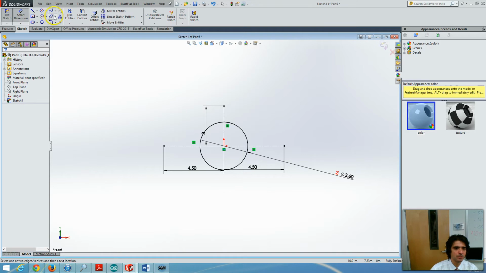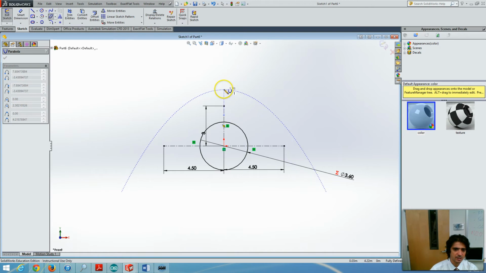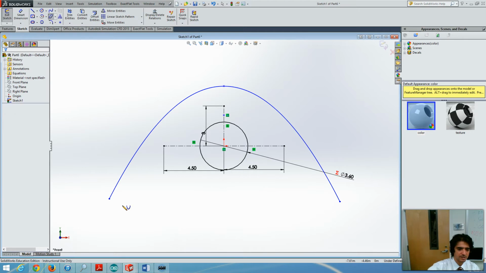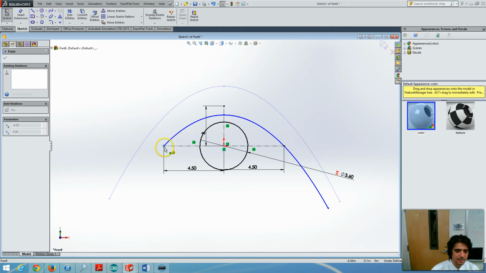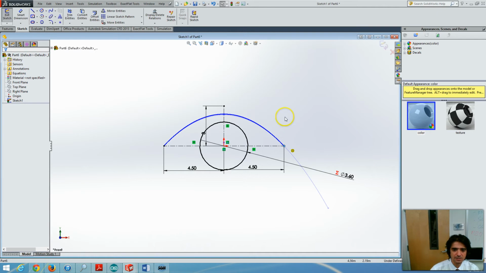Now to make a parabola, you will click on the figure of the ellipse, which is here, and you will select parabola. We are going to place the first point somewhere alongside this axis. The second point we will place aligned vertically. And then we are going to just stretch the parabola randomly. Press escape. Now we can grab the point and move it to coincide with this. This point we will move to coincide with this point.